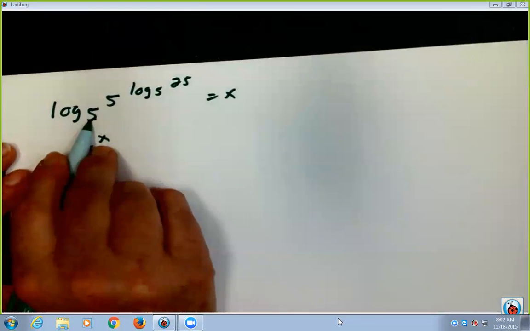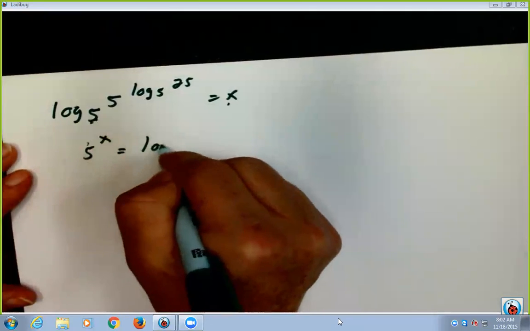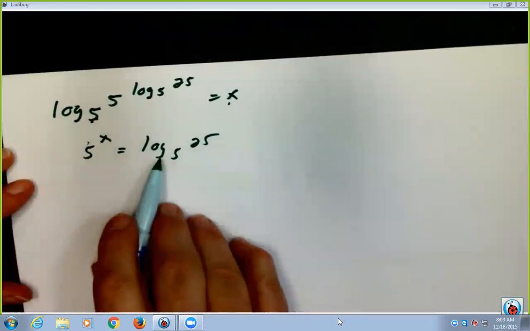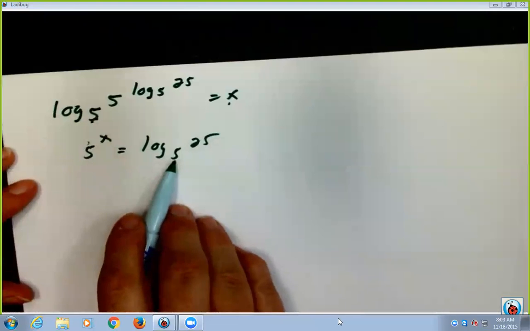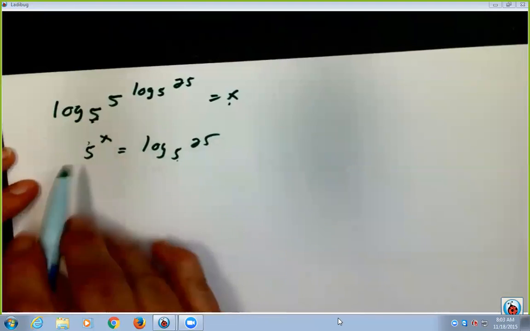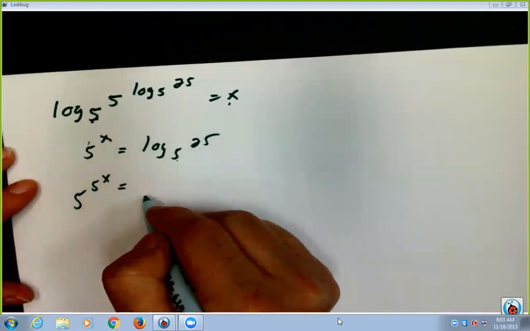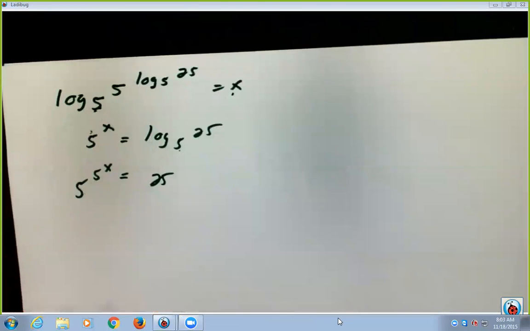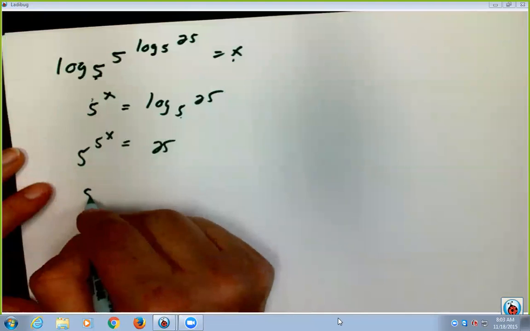This is the base, this is the exponent, and this is the answer. Okay. Then if we take this piece and reverse it, I have 5 to the x is equal to 25. And now I can get my bases to match. So if my bases match,